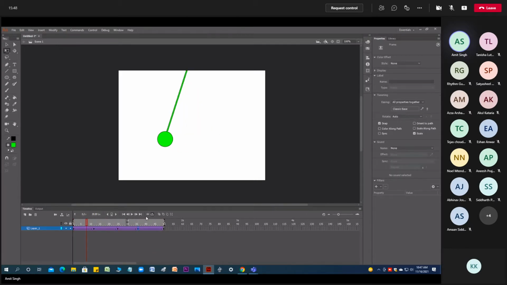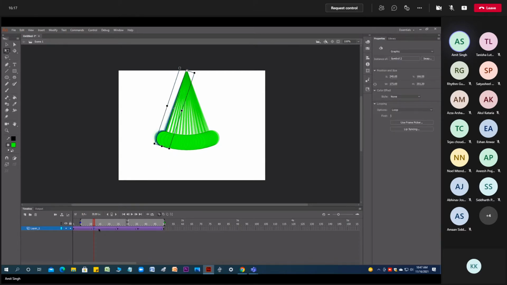To understand what the keys are, use onion skin, so you can see it overlaps a lot. You can identify the spacing between these images. What we discussed last time: if images are nearby, it is going to be slower. If images are far away, it is going to be fast. So I just brought it near to the first one.